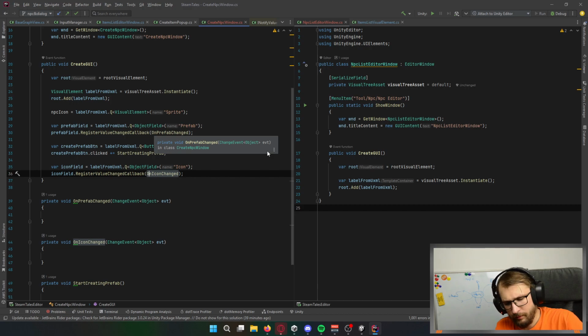Matrix demo, I don't know. In the Matrix demo, you had almost no code behind it.